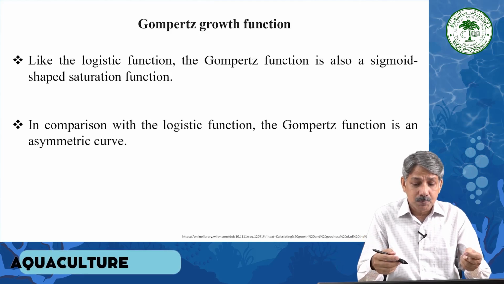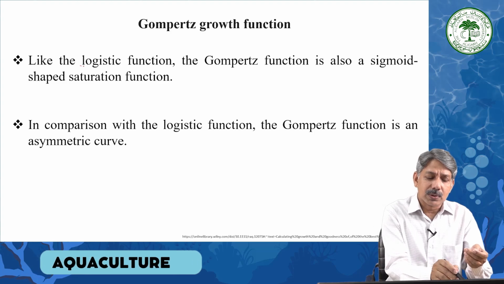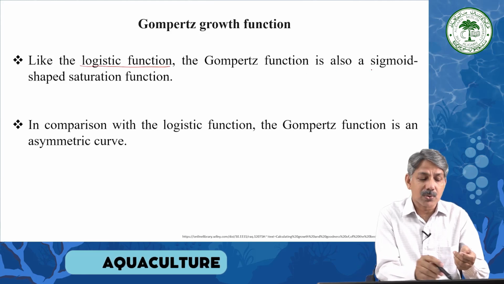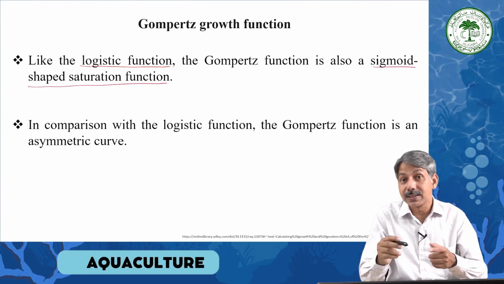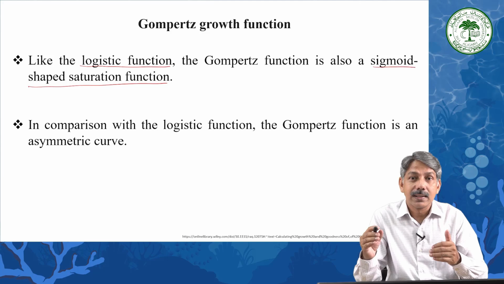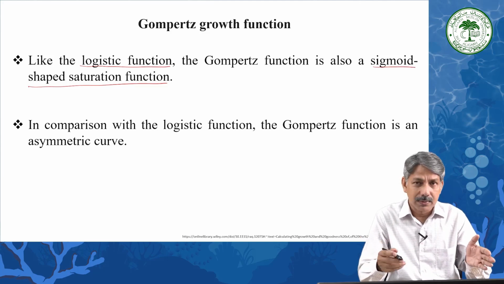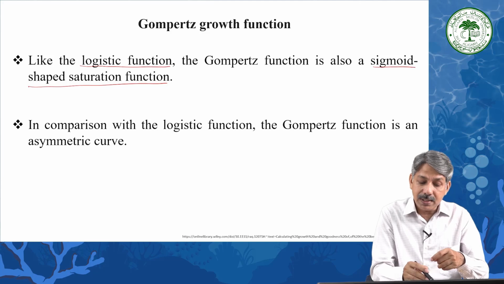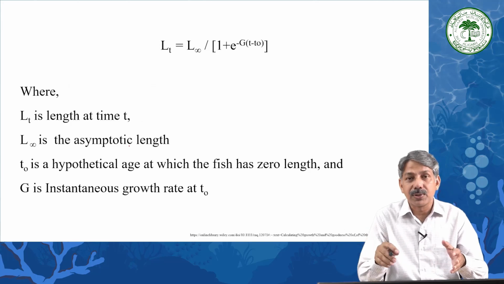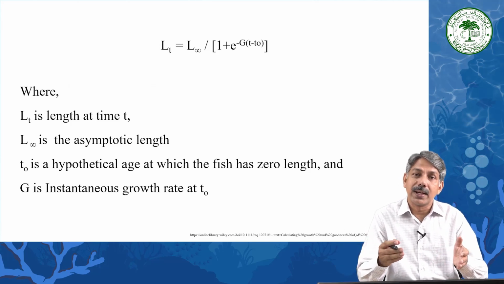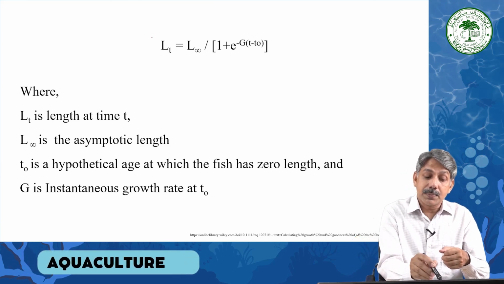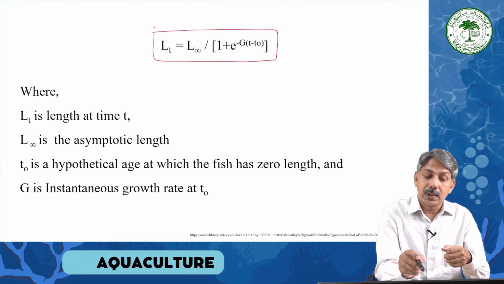In the Gompertz growth function model, as I mentioned, there is one more very popular logistic function model. Just like the logistic function, the Gompertz function is also a sigmoid shaped saturation curve. That means non-linear. So, if your data plotted on x and y axis is not giving you a linear trend, then you have to go for non-linear kinds of models for any pattern you are studying. In comparison with the logistic function, the Gompertz function is an asymmetric curve. So, depending on the species and the growth performance shown, the variation in the length or weight over time period, you can decide. It is represented as Lt equals L infinity